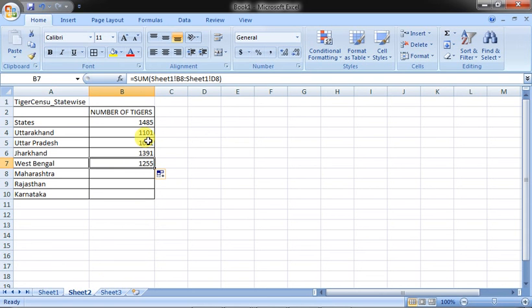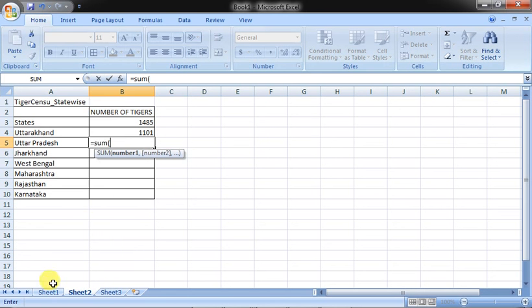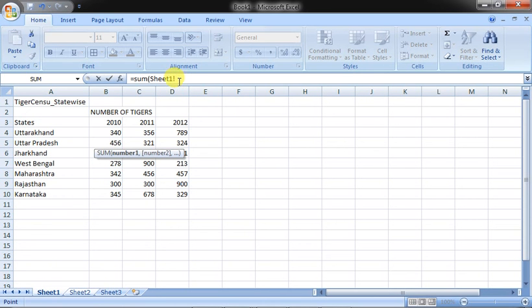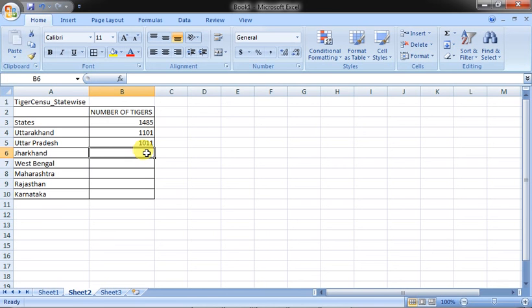So what we do is, we have to remove this one and do it separately. How? Put the sum over here and give this one in this way. Come over here, sheet 1, go to Jharkhand. Equals to sum, and then you give this one.